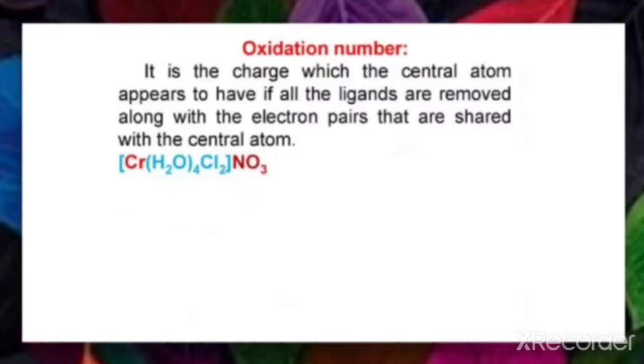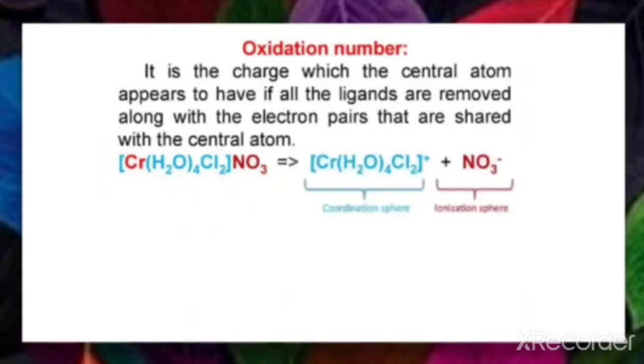Better to just ionize it. When it is ionized, we get [Cr(H2O)4Cl2]+. Now it is a coordination entity having a positive charge, and the nitrate ion gets removed. Why does the complex get one positive charge? Because nitrate ion is NO3 minus. When it is removed from that complex, it develops a positive charge on that complex. That's why it has one positive charge, as shown here.